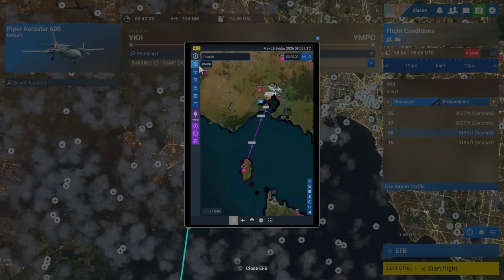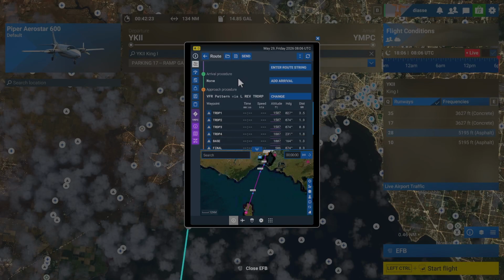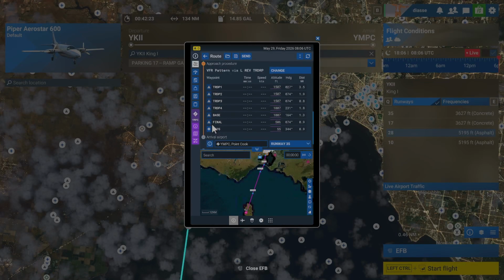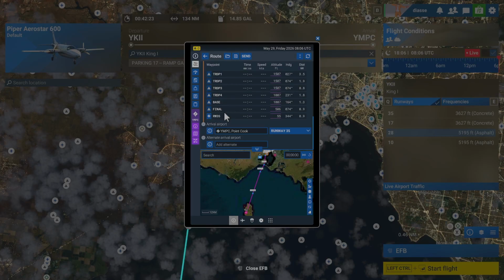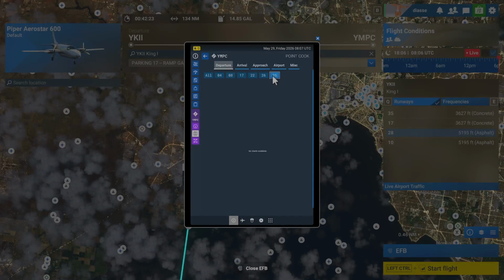Now you have to bear with me here while I do my reasoning around what kind of flight planning I do. So Point Cook runway 35 because it has an RNAV approach. However, my aircraft, 35, no charts. So